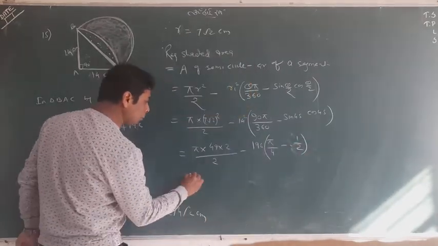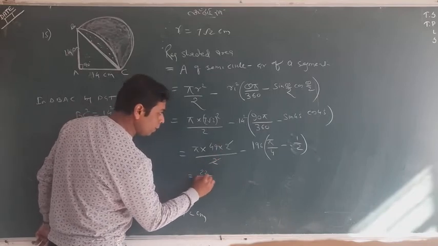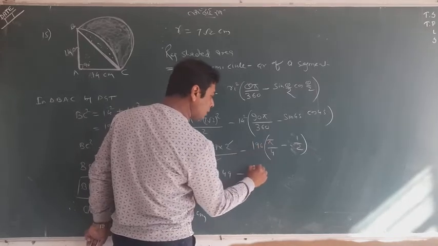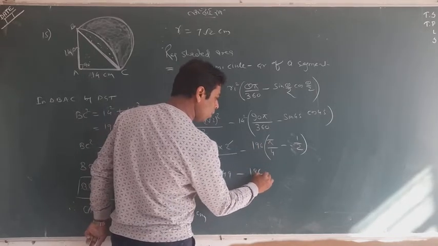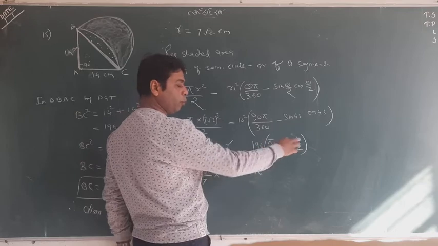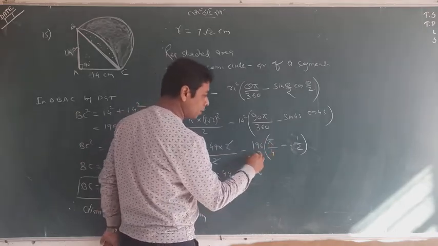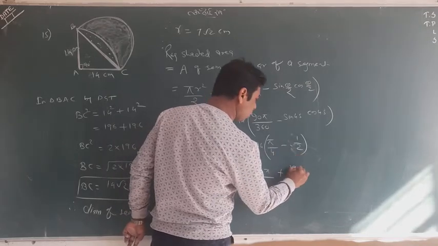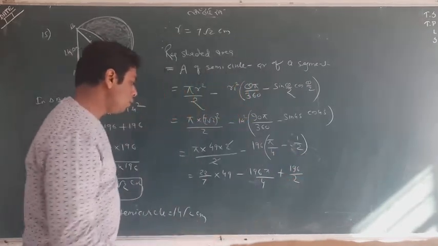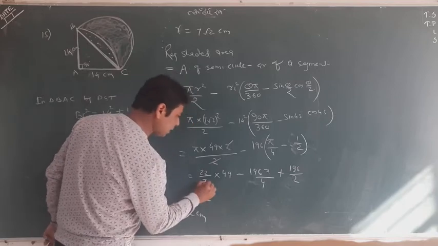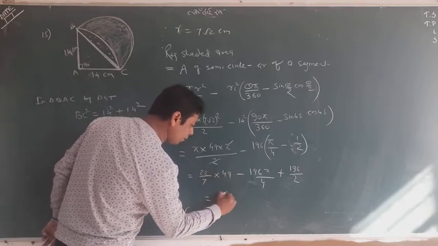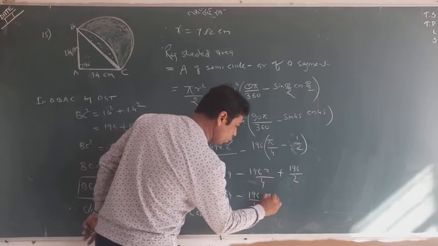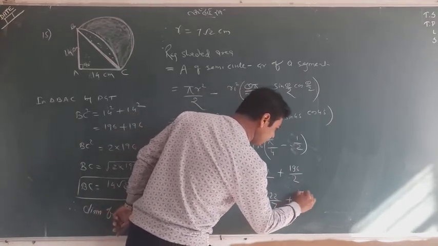Now we will solve a little bit more. These two cancel. 22 by 7 is good enough to write here. 49 is here. Can we multiply 196 into this? Both will multiply by 196. So which is pi by 4 minus plus 196 upon 2. Furthermore, we can simplify that. 7 sevens up and 7 into this is 154. This again, 22 by 7 will be written here. 22 by 7 will be written here plus 196 by 2.